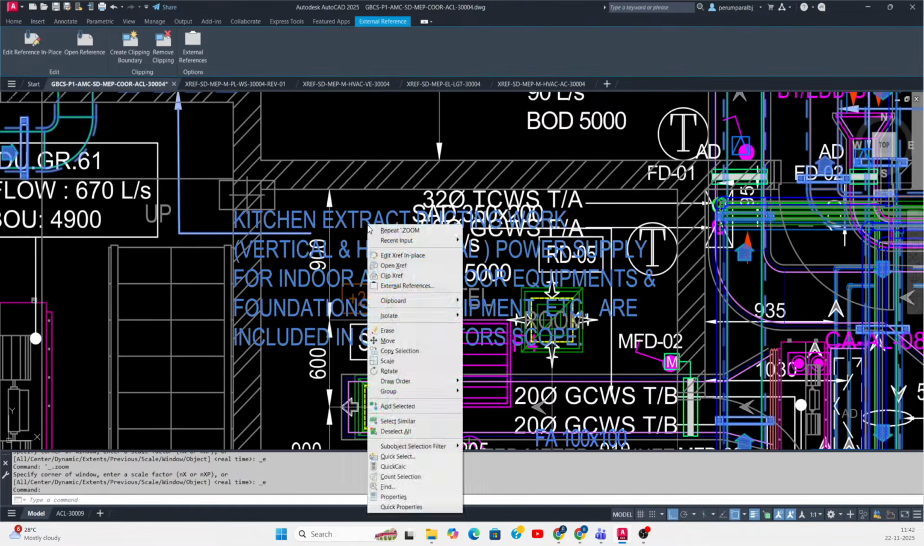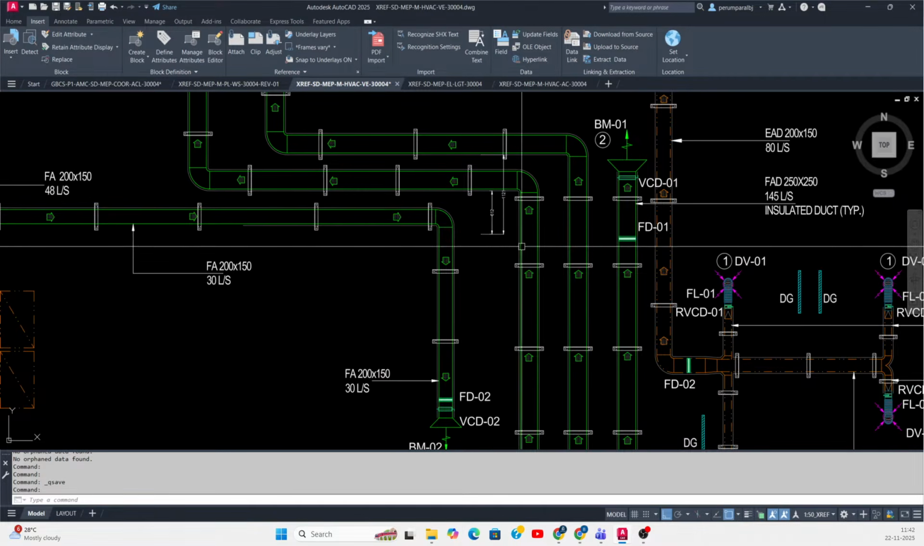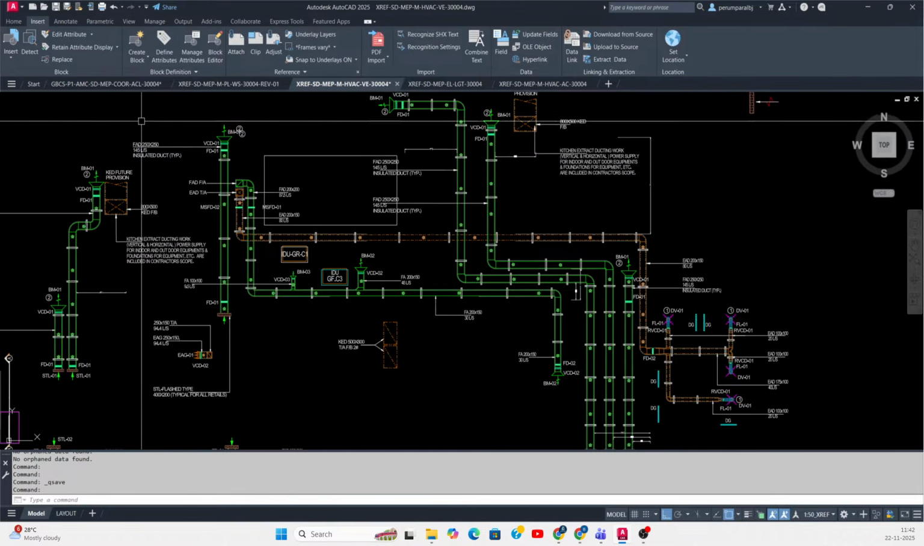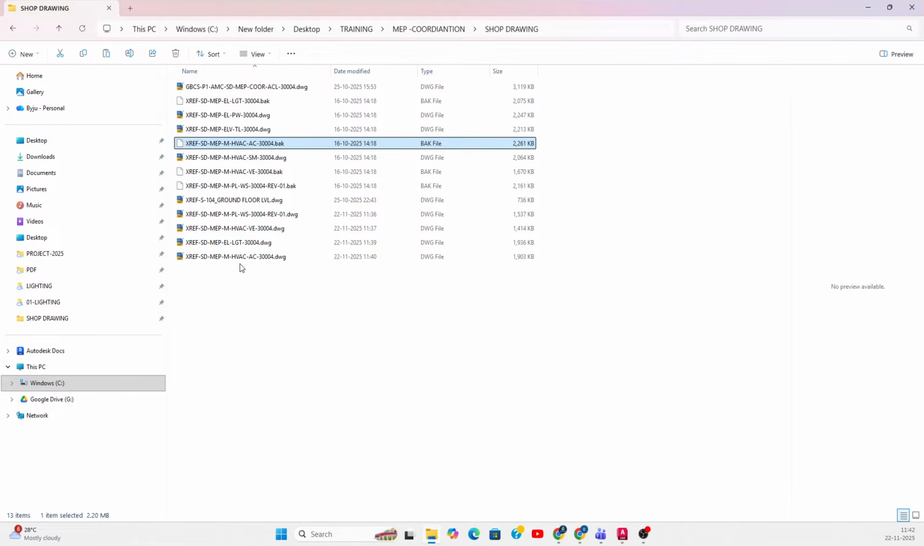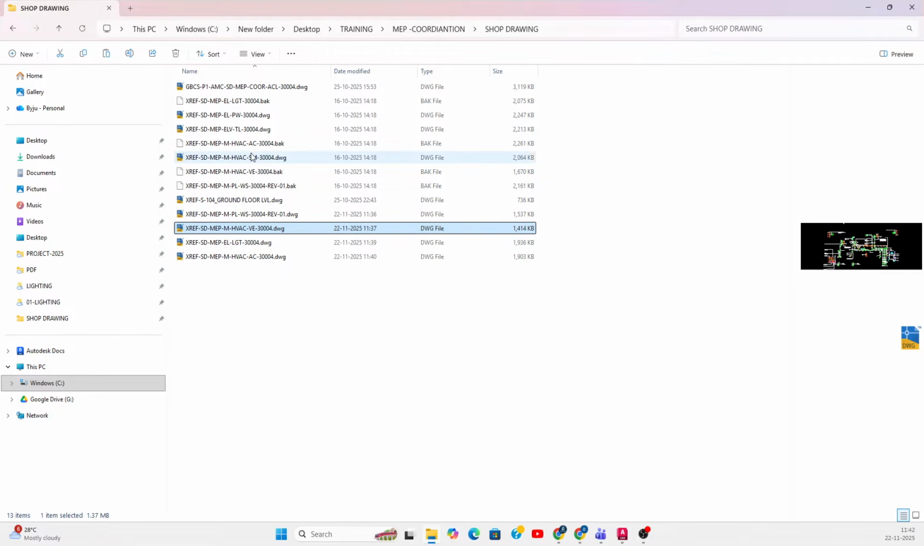For example, we don't want these textures. You can delete them from here. All the textures you can delete. Whatever extra systems you have, you need to create those also. For example, here there is some drainage pipe also. So actually that also